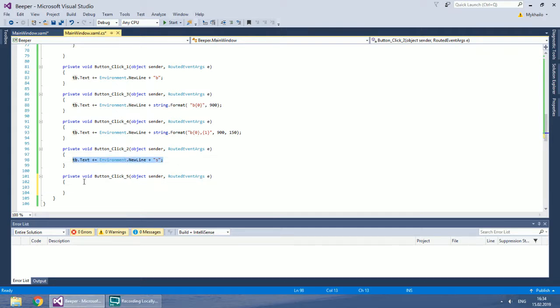The code for a pause with duration is almost identical to what you have previously typed.